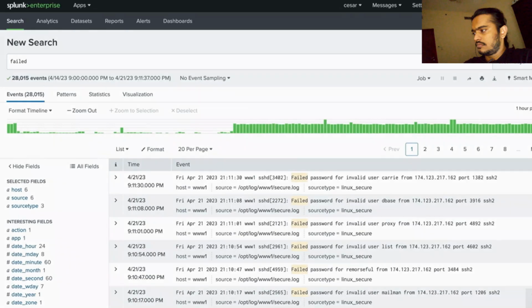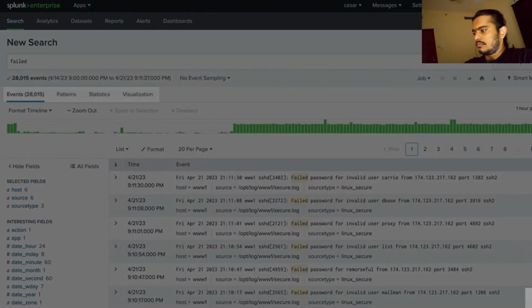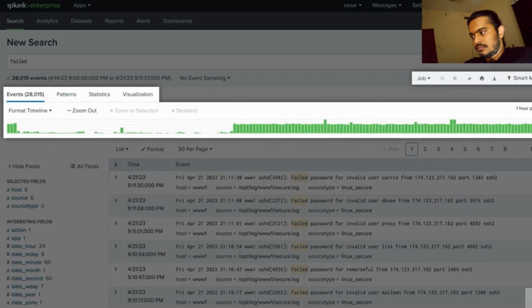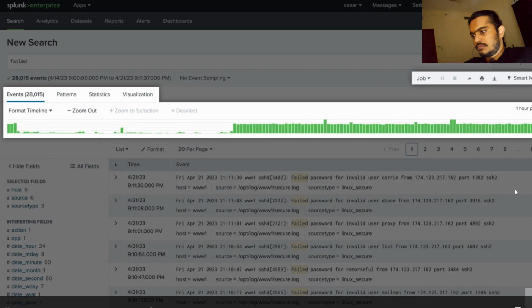The interface now contains a Save As menu, search result tabs, search action buttons, a search mode selector, and a timeline. The events containing the text we searched